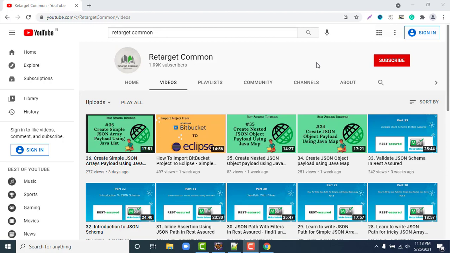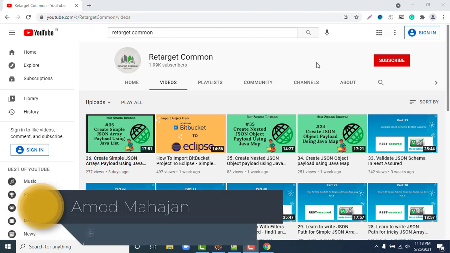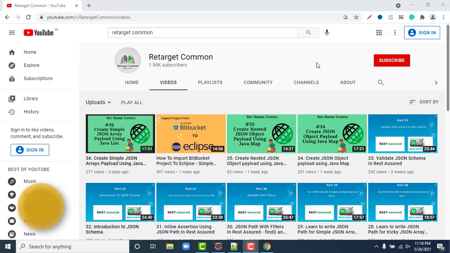When you start working on APIs, API testing is always data-driven testing where we need to pass the data, and based on the data we pass, the API will perform. That is what we need to test as part of API testing. So the major part is creating a payload. There are many ways of creating a payload, but as of now we are learning to create payloads using Java map and list.